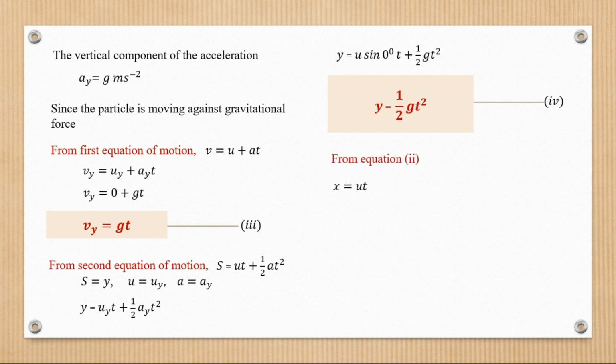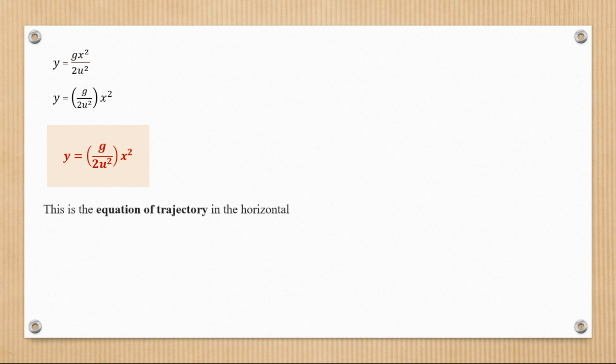Now, from equation 2, remember we said x is equal to ut. We can see that if we make t the subject, t shall be equal to x over u. So substituting for t in equation 4, we know that y is equal to half gt squared. So when we substitute the value of t there, we shall see that y is equal to g x squared over 2u squared. So let's work on that, and we shall see that y is equal to g over 2u squared, bracket, x squared, and this is the equation of trajectory in the horizontal